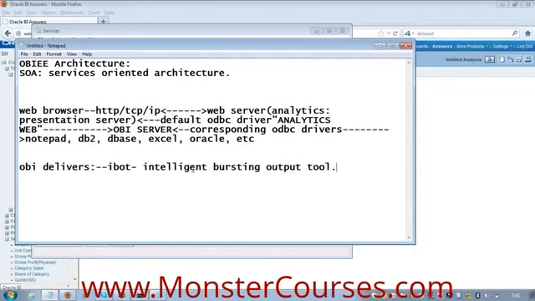Now, what is this intelligent bursting output tool? Your iBot can deliver any number of reports to any number of users. That is the specialty. We just schedule the time, and at that time, it can deliver any number of reports to any number of users on correct time, in time, on time. Okay? Fine?